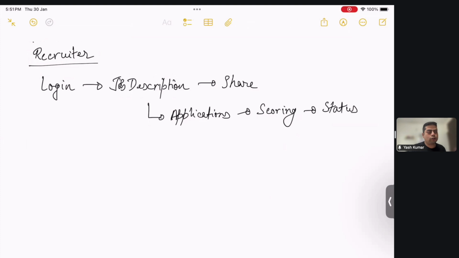Now, if we think of a job seeker, what is the flow over there, right? So if we look at job seeker, again, it will start with login, right? And post login, the first thing that probably they will see is the job descriptions that have been shared by the recruiter, right? So different job listings that are there, and if they have to apply for a particular job,